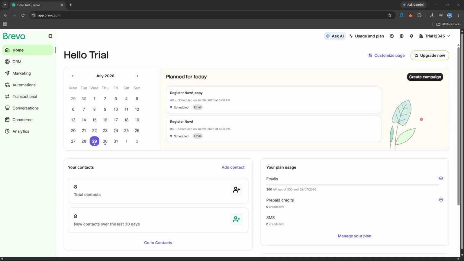To customize an email template in Brevo, log into your account, head to Transactional in the left sidebar, then click Templates. Find the template you want to update. Hit the little pencil icon to open it in the editor, make your changes and click Save. That's the entire workflow. Once you save, the template is updated and ready to fire for your next campaign or